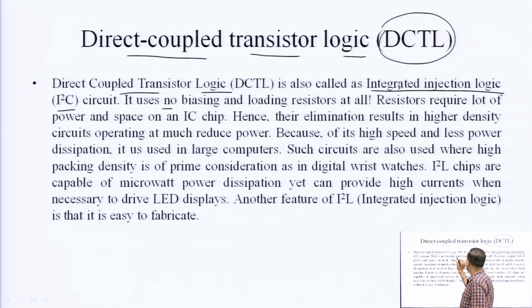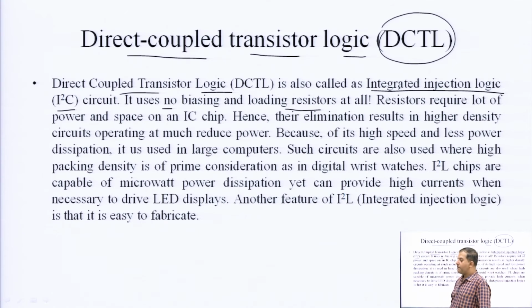It uses no biasing and loading resistors at all. Resistors require a lot of power and space on the IC chip. Hence, their elimination results in higher density circuits operating at much